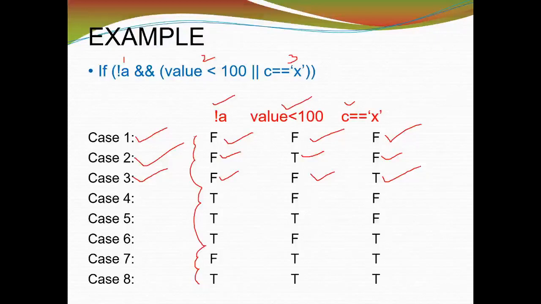If you form the table this way, you will understand out of this truth table how many possible paths you have tested and still how many paths you need to test. So this is the advantage of path coverage testing. Based on the truth table, you are going to test all possible paths of a conditional statement.